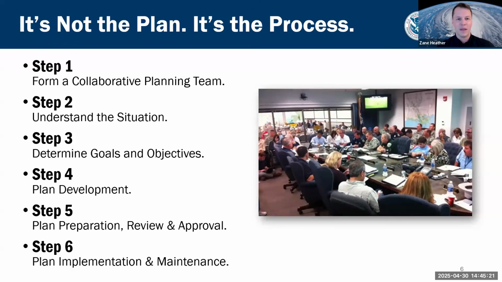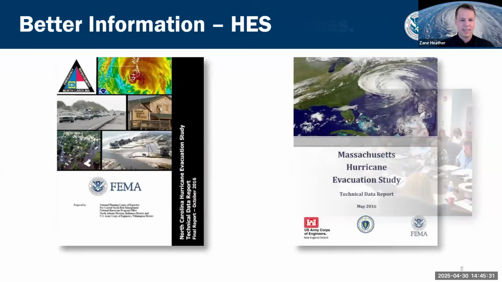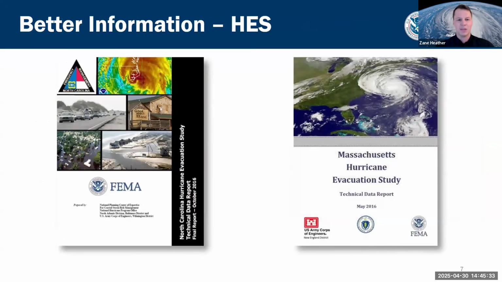You also know that a big part of the process itself is a result and is an objective of the planning process. So it's not all about the plan, it's also about the process. And so what types of things can you all and the emergency management community at large use to inform this planning process, as well as get to step 1, understanding the situation?